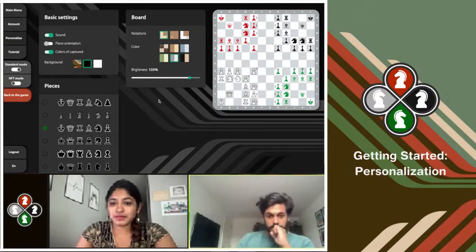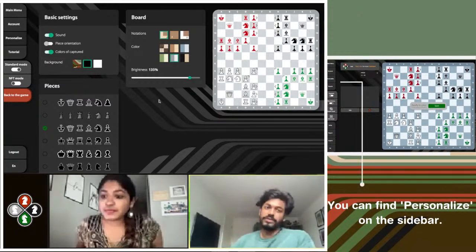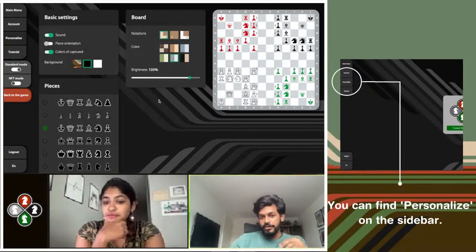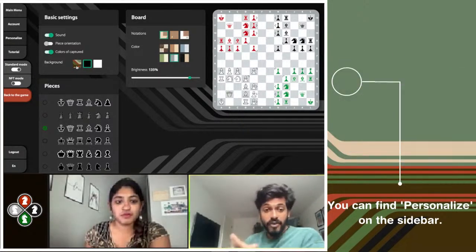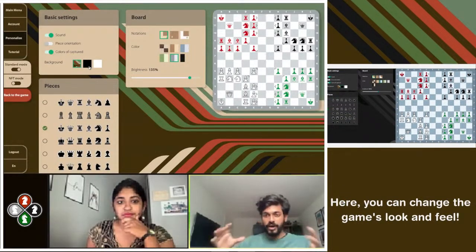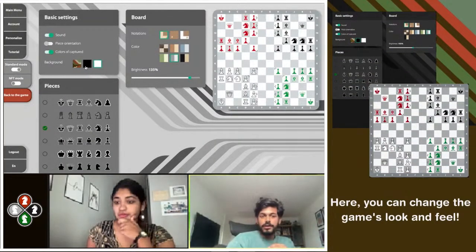So I think that's those three board related settings, or general settings. Then we come to the background, where today we have three different backgrounds, I want to call them themes or environments, for the entire system.